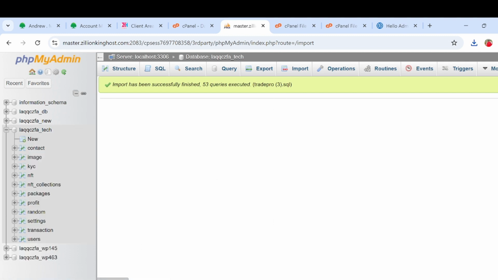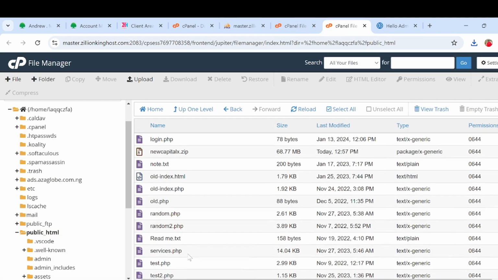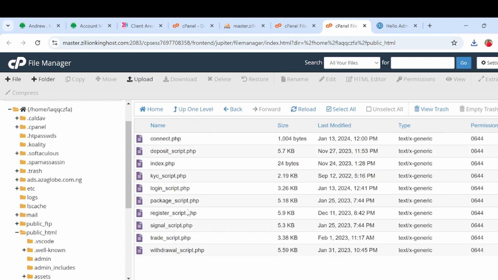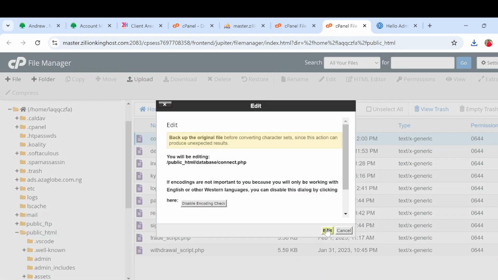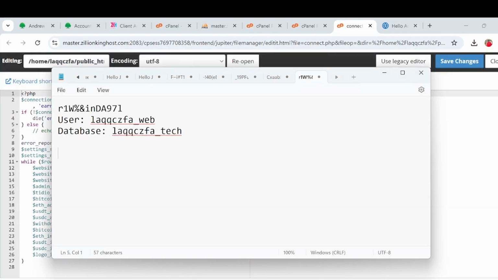So the next thing we want to do now is to connect our database to our main website. So you go back to your file manager, then you look for the database folder. Look at it here, database folder, then click on, you see connect.php. You right click on it and you click on edit, then click on edit again. You can see these are the database details here. We need to change all of these to the database we have created, starting with the database user. You come here, you copy the database user. This is the database user. You copy